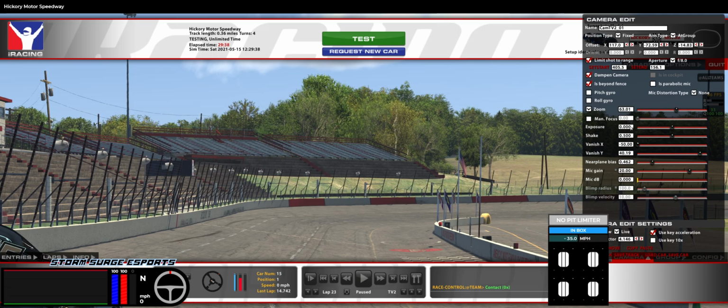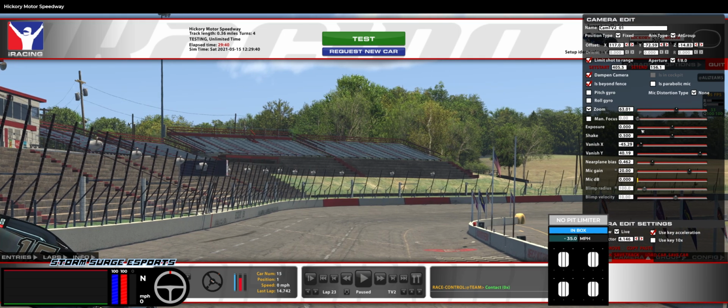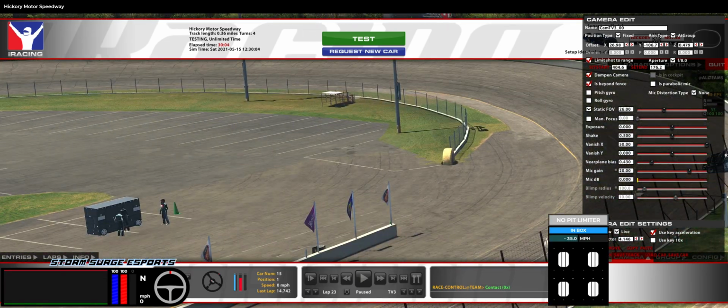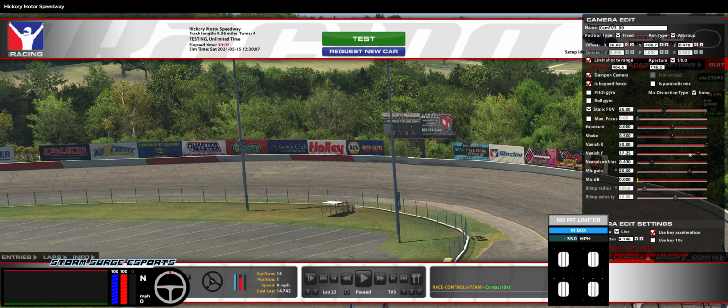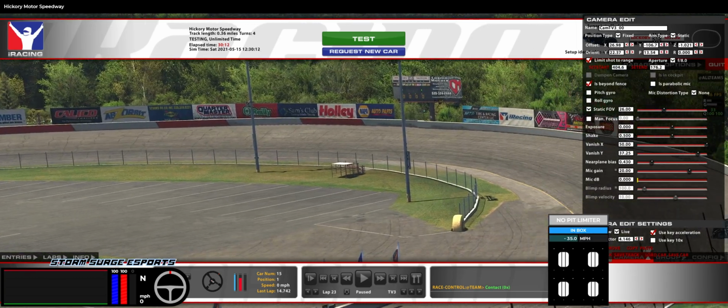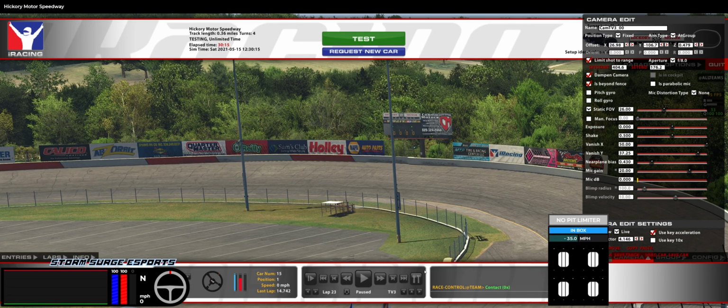So while I was looking at the picture of this track on Google, one thing I noticed is how there's this grassy hill here off turn 4, and it looks like a fun place to watch the races, and you can see the people standing up here as well. And I don't think there's a bad view in this track, to be honest with you. So I'm just going to look around a little bit. I guess I'm not quite used to this camera tool, but